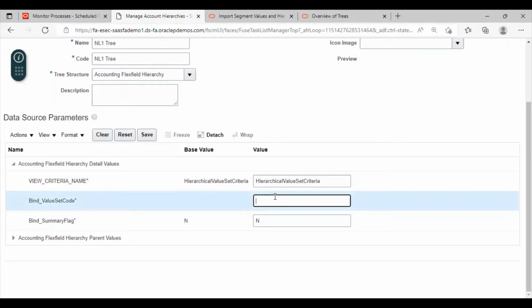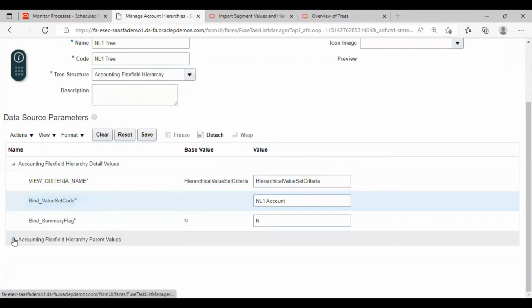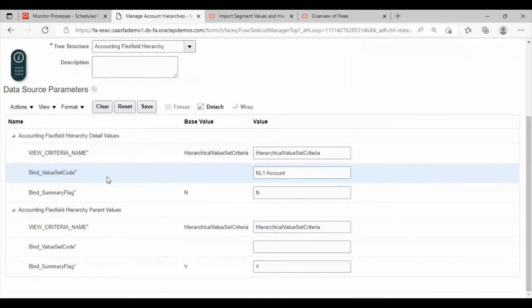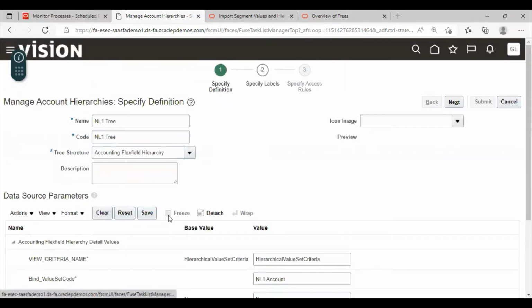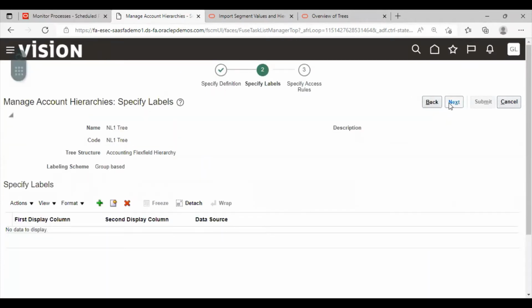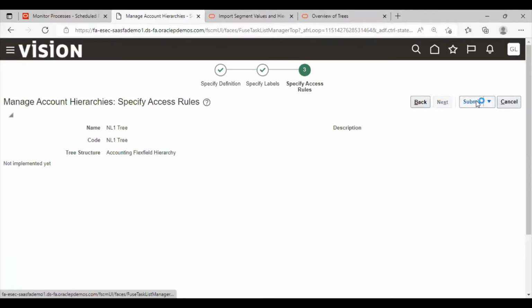Here give the value set code that you have to bind with it. This was the details value and this is the parent value. Click on save. Click on next. Again click on next and then click on submit.